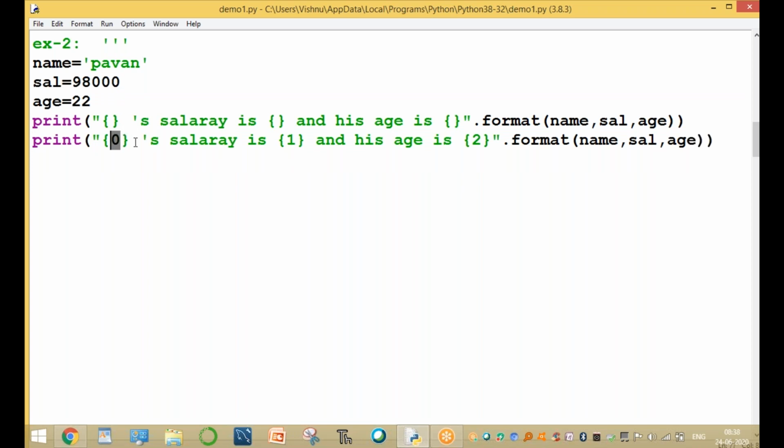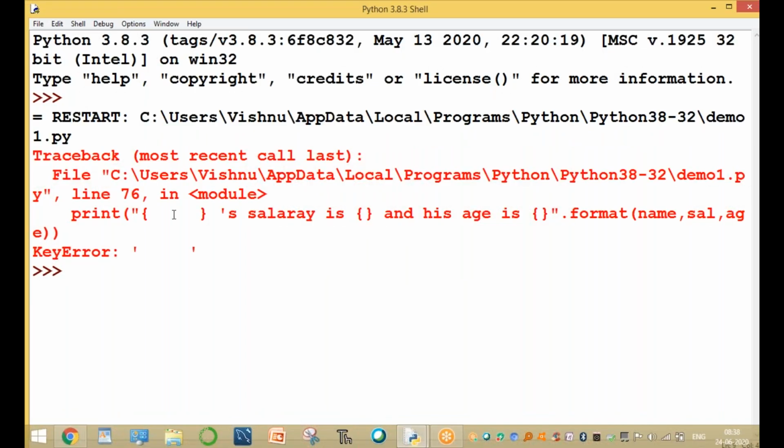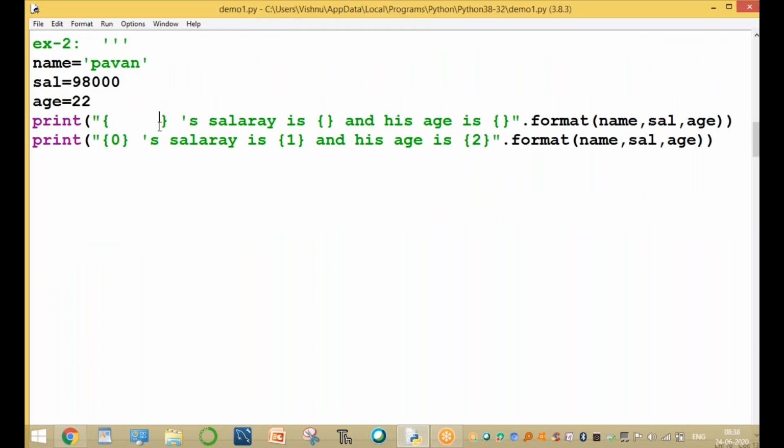Without 0, only empty curly braces, not empty with spaces. Now here we are using empty curly braces. With spaces it returns an error. Only empty curly braces work; with spaces it returns the error. That is not possible. The empty curly brace means replacement operator. With spaces it also returns the error. Clear? The space is an error.